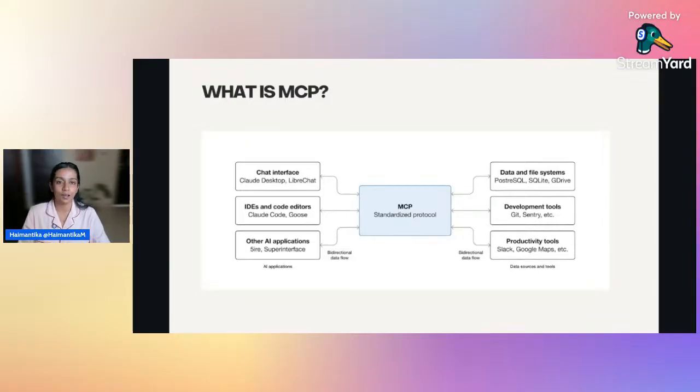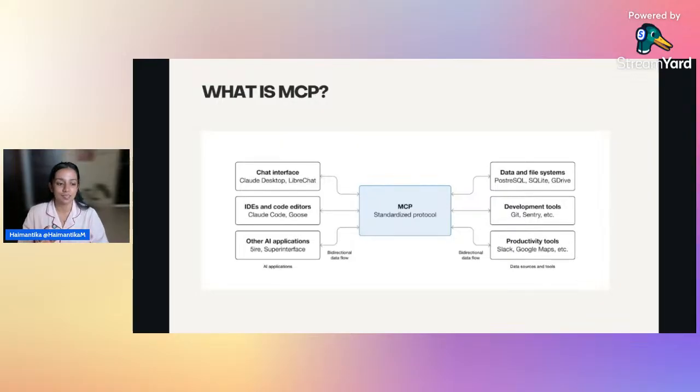But the moment you ask it to perform an action, they stall and they're not able to perform it. And why does that happen? Because previously, before MCP existed, you would have to build integrations for AI to use a particular tool. But with MCP, this has changed.